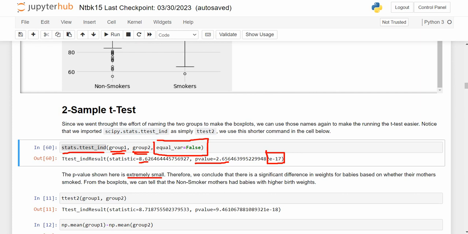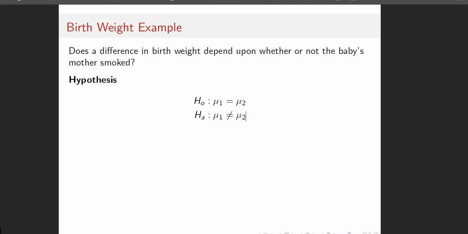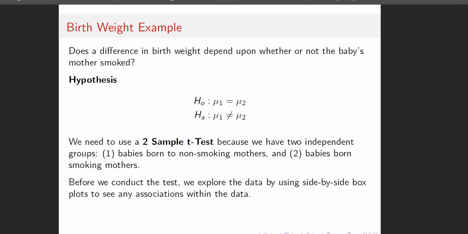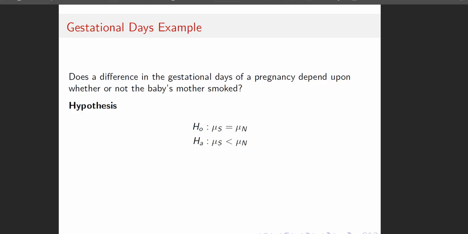So let me ditch the ink and jump back to our notes. And you can see the same result. All right, we're going to use the two-sample t-test. And I mentioned this, right? We have the non-smoking moms in group 1 and the smoking moms in group 2. And we did the side-by-side box plots, as I specified, to check for associations within the data. It did, in fact, appear that,